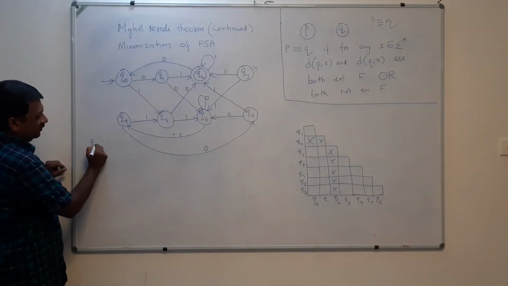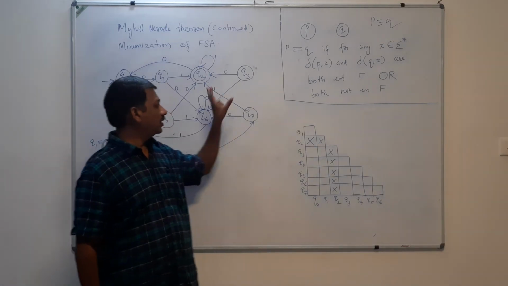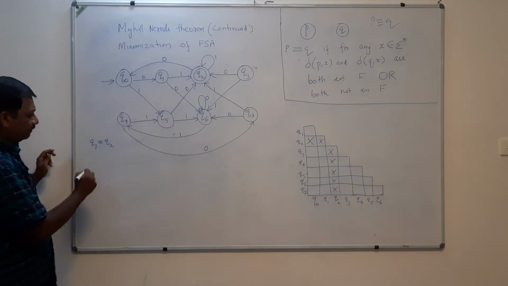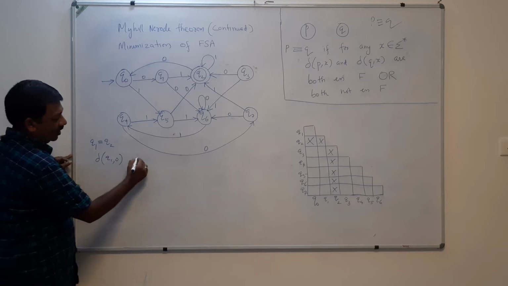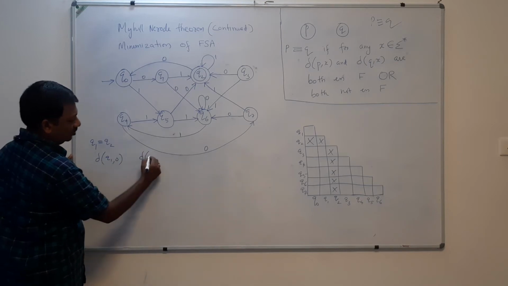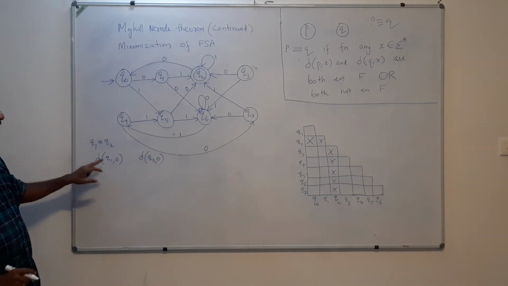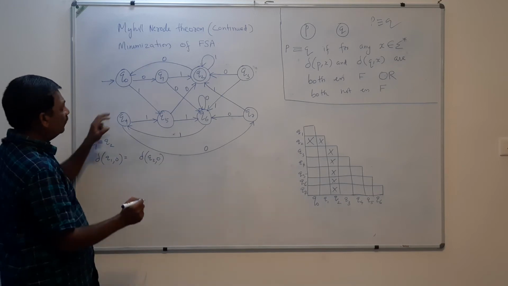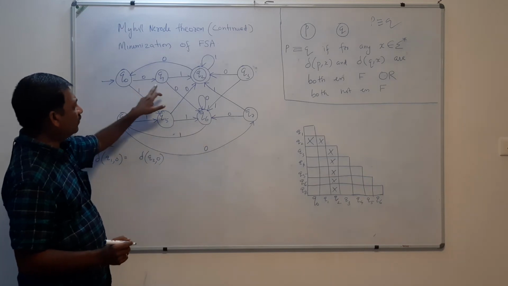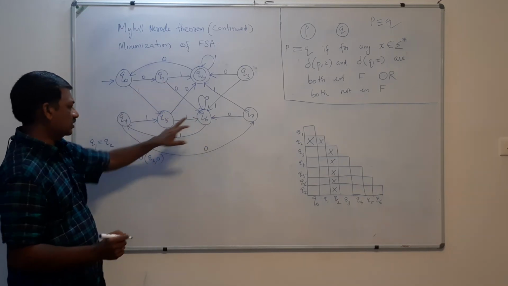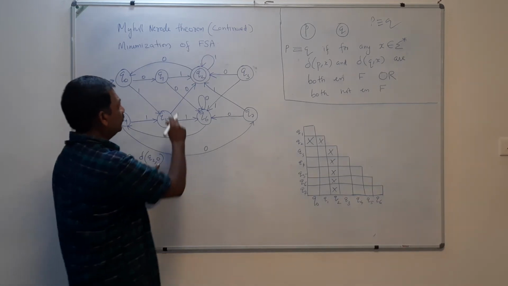I am going to check whether Q1 is equivalent to Q2 by looking at this table. Now, say delta of Q1 on 0, you have to find out delta of Q2 on 0. What is delta of Q1 on 0? Delta of Q1 on 0 is Q6. And this is Q6. And delta of Q2 on 0 is